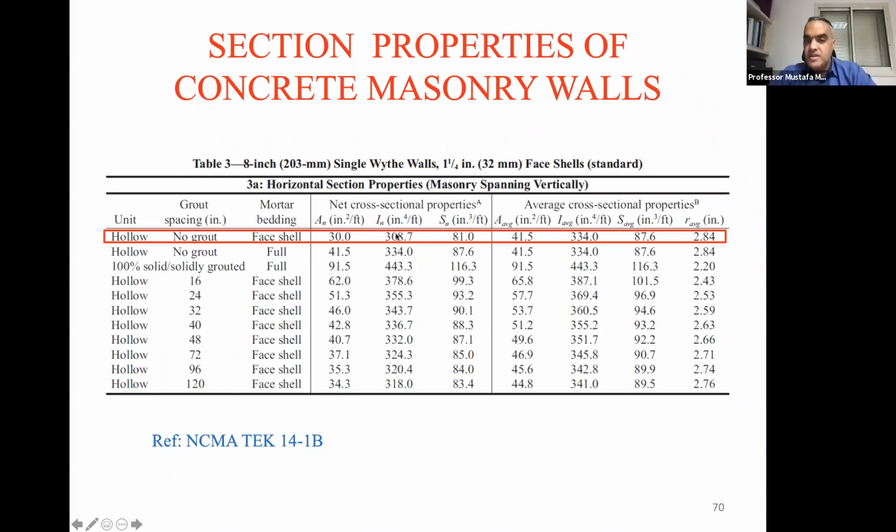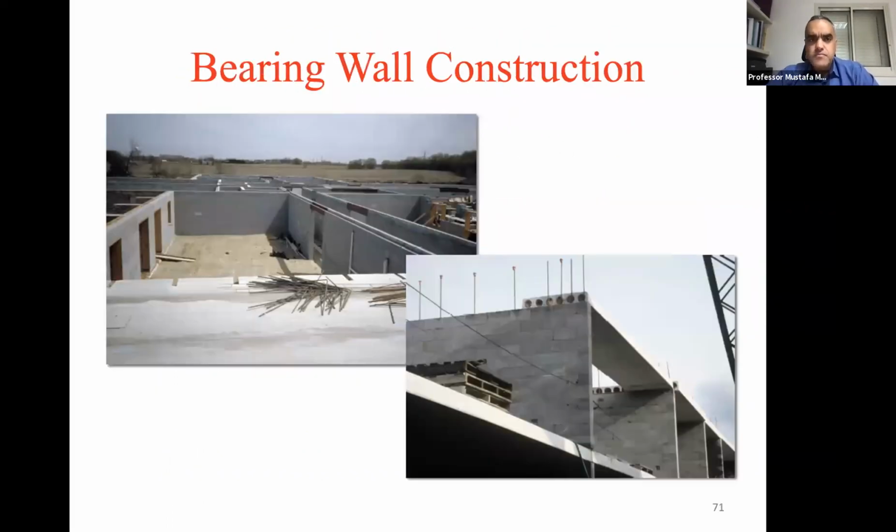The net moment of inertia is this, and the section modulus is this. Okay, so this is the net cross-section properties, and this is the average cross-section properties. Usually we use the net cross-section properties. So this you can obtain from the technical notes. Okay, for bearing walls,